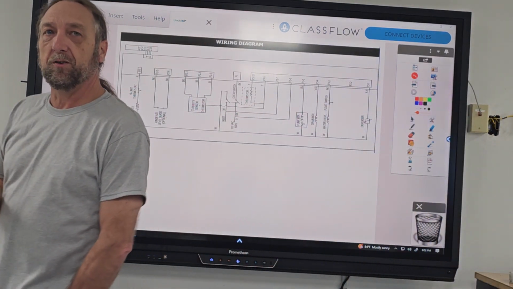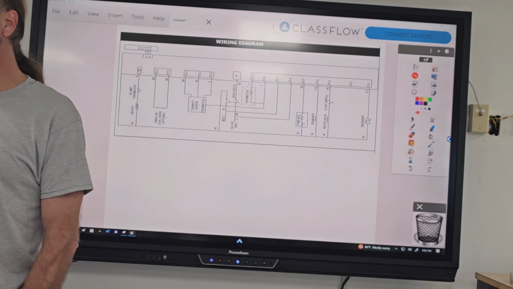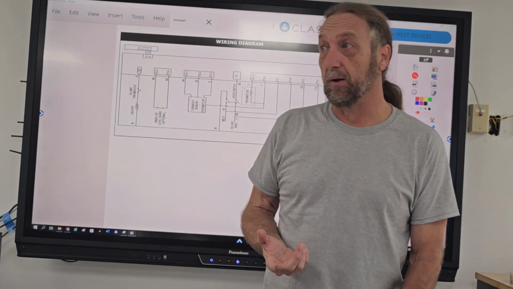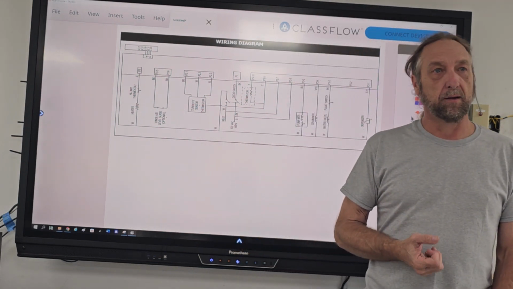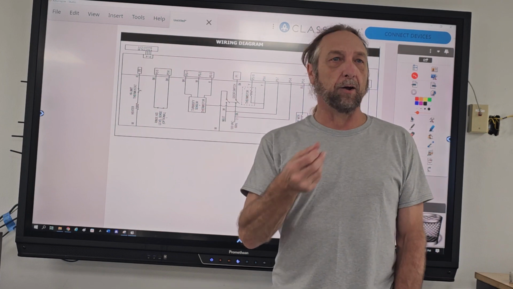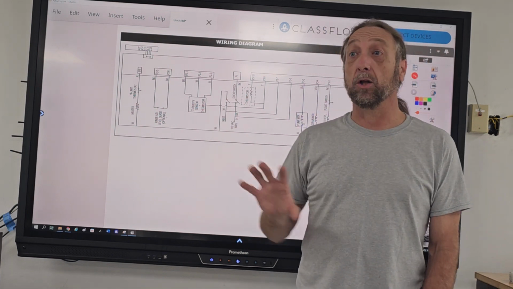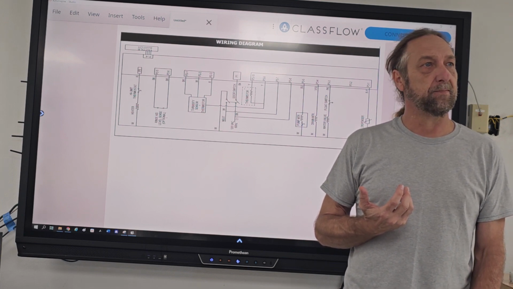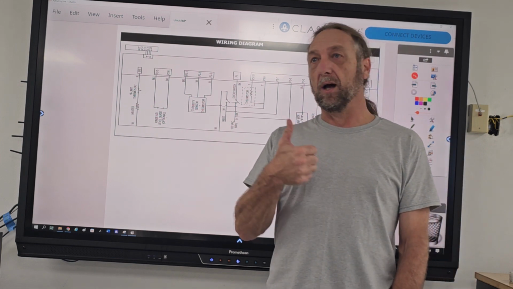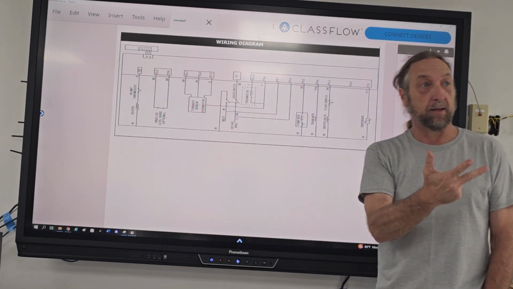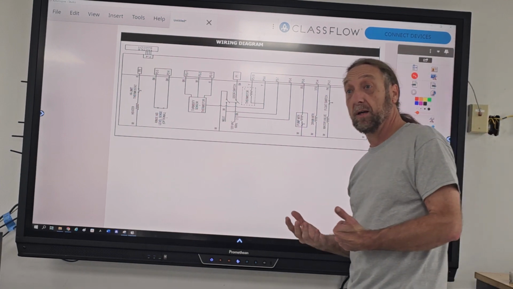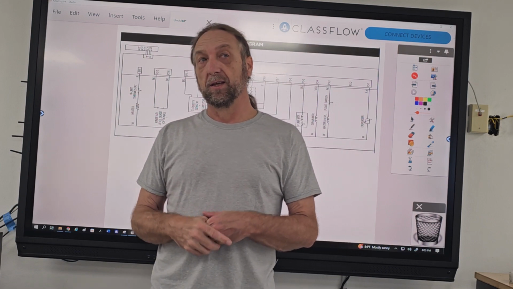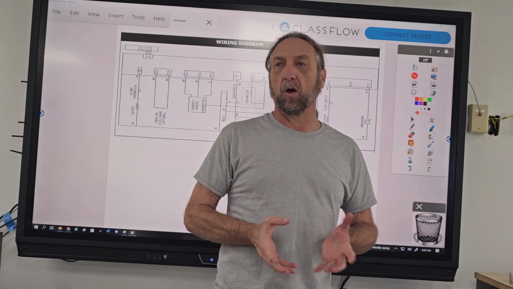what I wanted to do is break down each individual circuit. And this is how I want you to look at the wiring diagram. One of the things we want to look at are the loads. In a wiring diagram, what is a load? Just a load in general. What is it? A component that's operating, like the motor, light bulb, fan, heating element, pump. Anything that does a physical function,